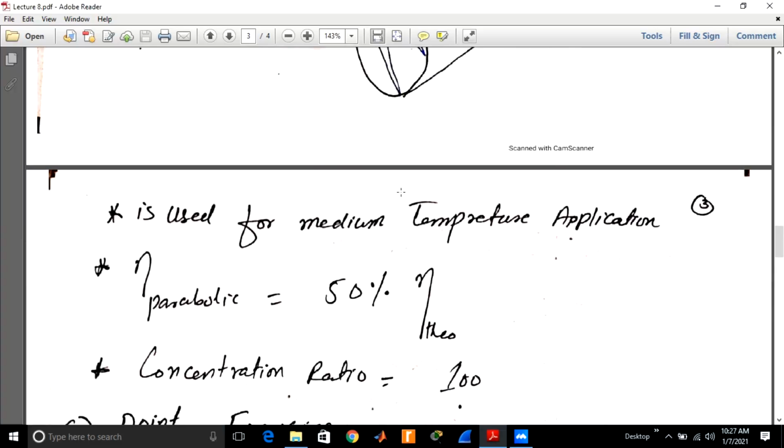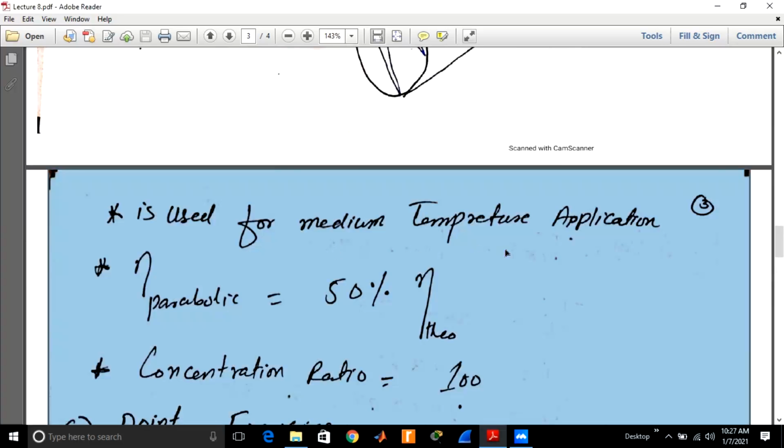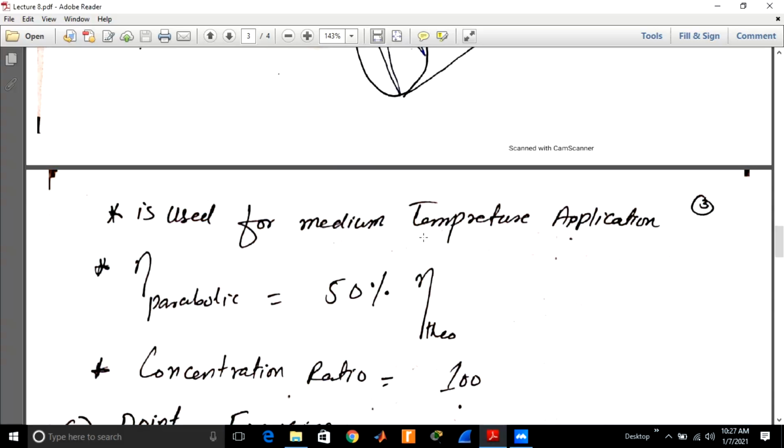By high we mean that it is high from the low, and it is medium in the case of a point collector, as the point collector will focus just on a point. It means that the temperature in the point collector will be high, and its efficiency is